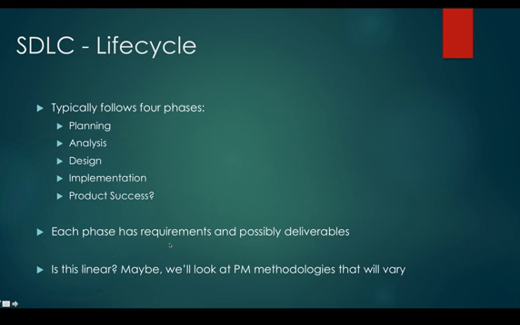For each phase, we're going to look at requirements and possible deliverables. And that's just to give you an idea of, with each phase, what kind of activity is going on, and what the person should get, possibly see as a deliverable from each phase. Deliverables are important because they help set the tone for the project, and they help hold people accountable. Okay, if you get into very agile methods and you say that each week we're going to have our Scrum, right? We're going to get together, and that's part of our project management lifecycle. And our deliverable from the Scrum, or going into the Scrum, is that every programmer shows up and they talk about what they're currently working on,